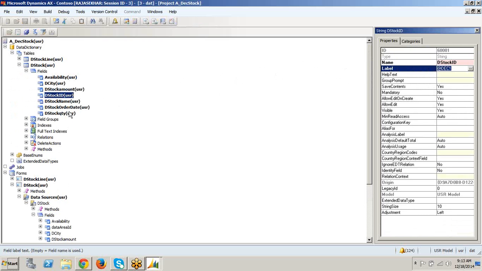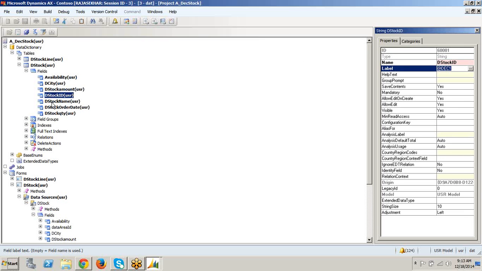But why create this label text file? Because for the field I put a label, so whatever form I use, the same label should show up. The label is for the field, not the table.